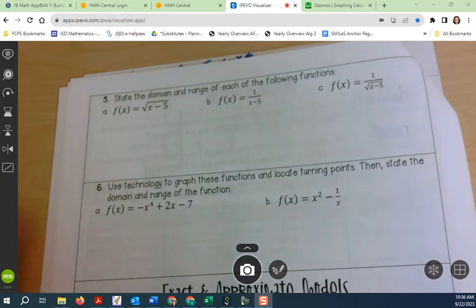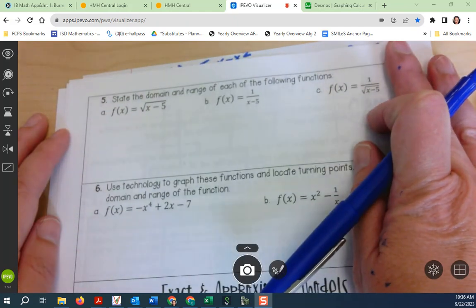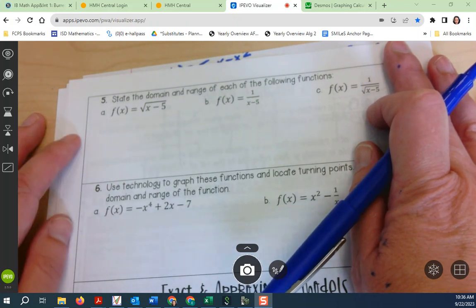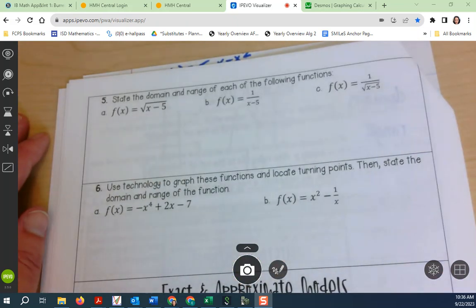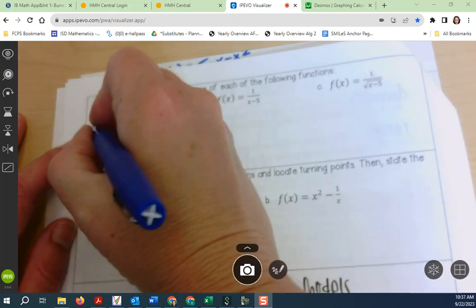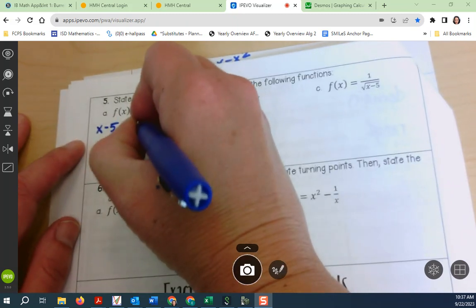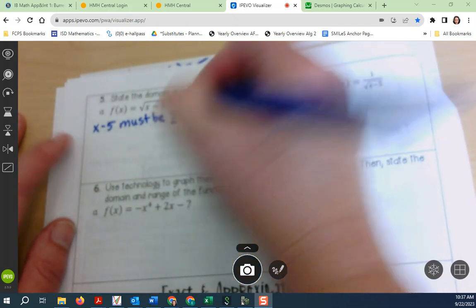All right, so for the square root function, you guys told me we can't do the square root of a negative number, right? Can we do the square root of 0? 0, right? The square root of 0 is 0. So this x minus 5, the part underneath, has to be greater than or equal to 0. It can't be less than 0. So x minus 5 must be,